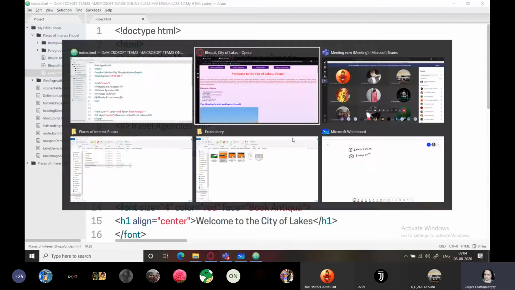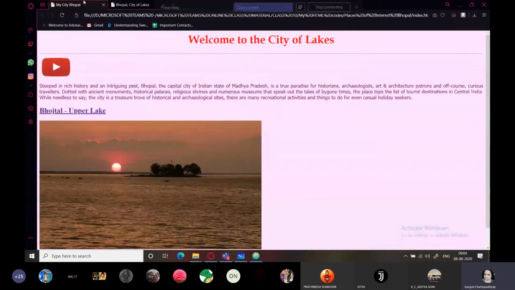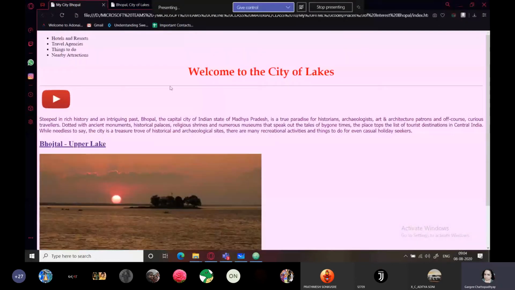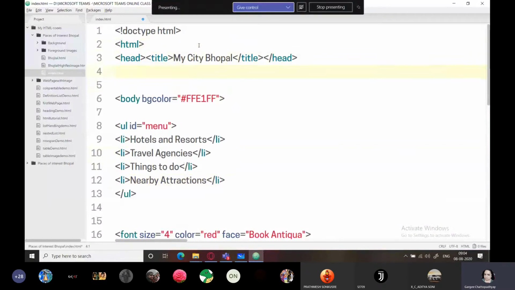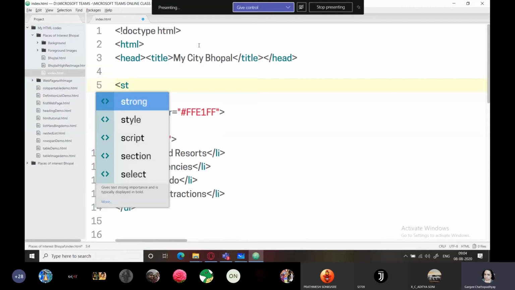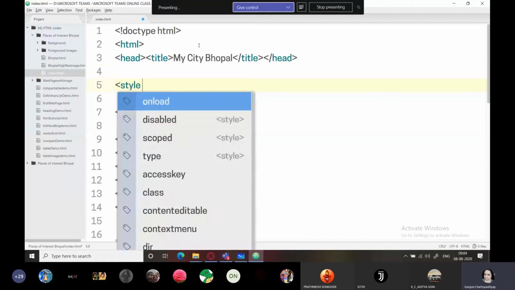So right now when I view this on the web page, I would get something like this. A simple list. Okay. Now what I need to do is I need to remove these bullet styles from here. And I also need to bring all these into one single line. So for this, I will have to use the style tag. So please watch it carefully. We would be doing some hit and trial also.